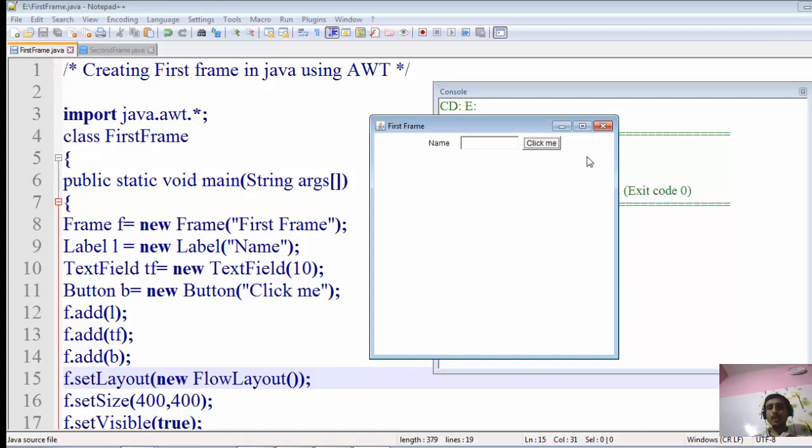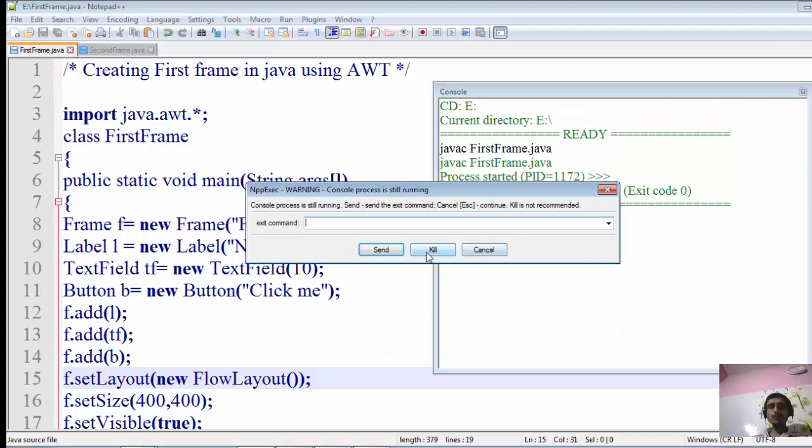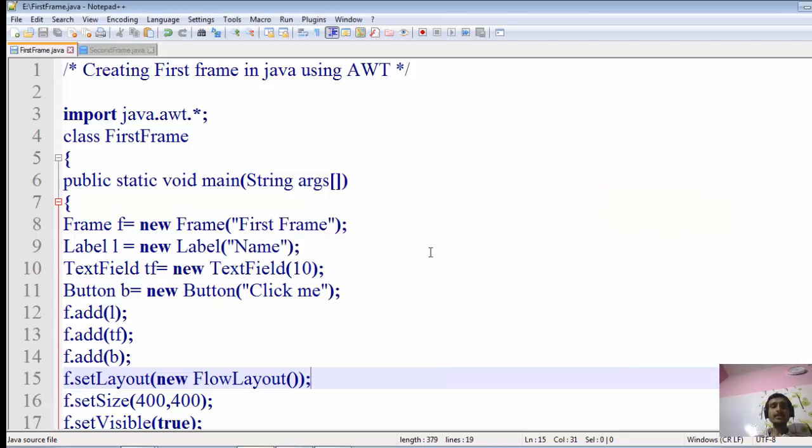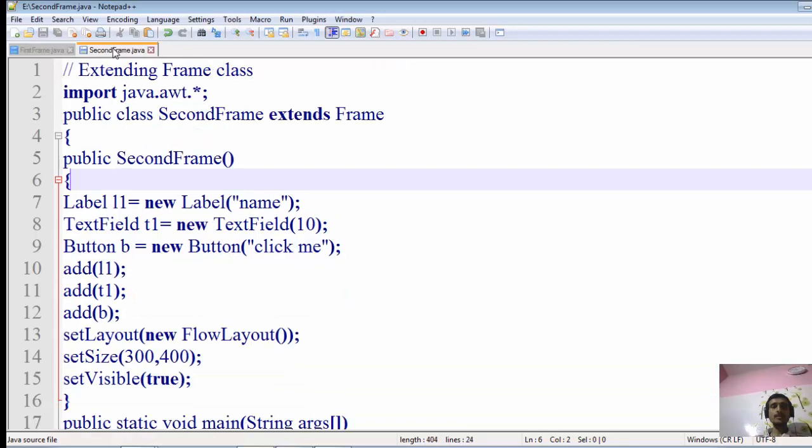So I'll kill this process and show that this program can also be created in another way. I have created the same program, and I'll explain it. In this program I have extended the Frame class.